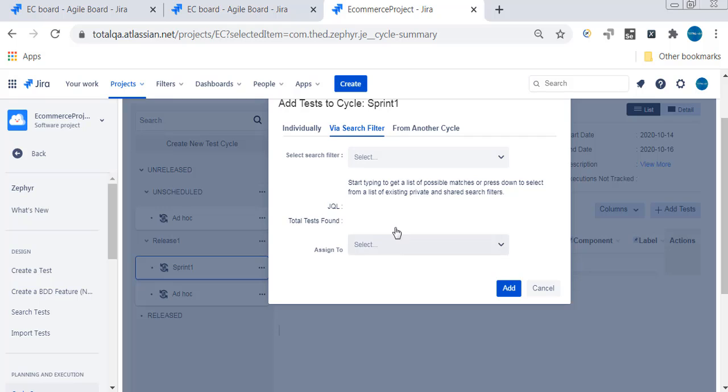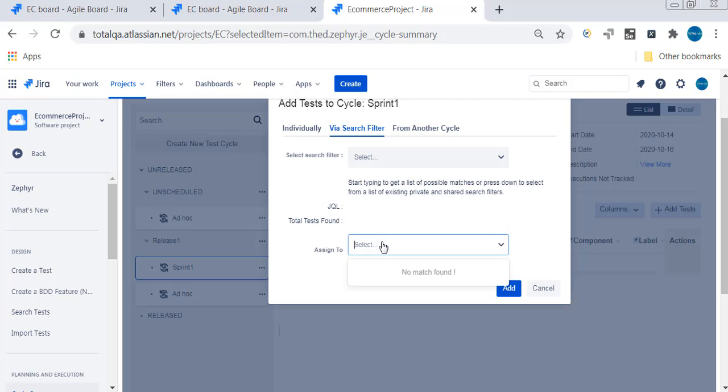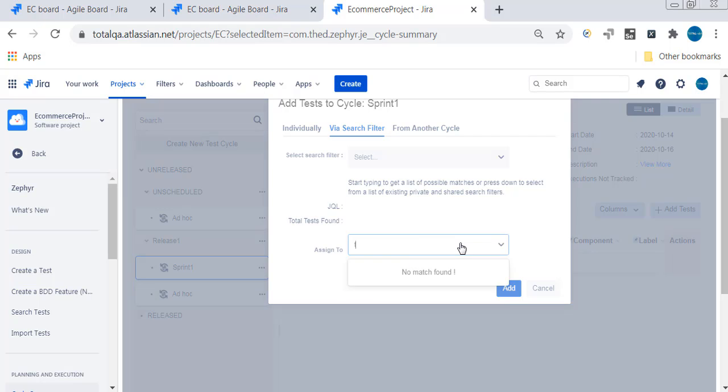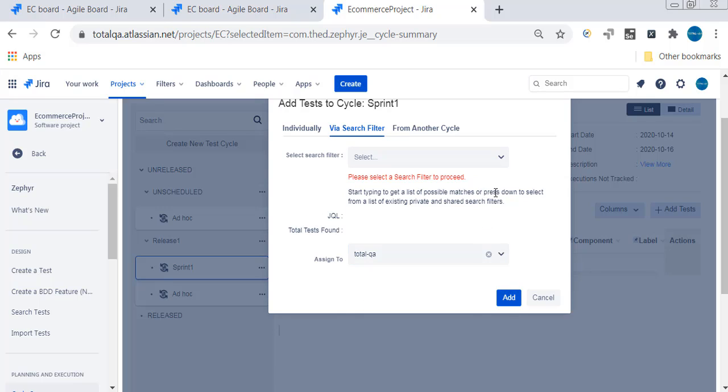Via search filter, select via search filter and just try to search for, say, login. Or else you can even say assign to myself, right? Assign to, say, I'll mention the name, put all the test cases which are assigned. Okay, we can even click add.